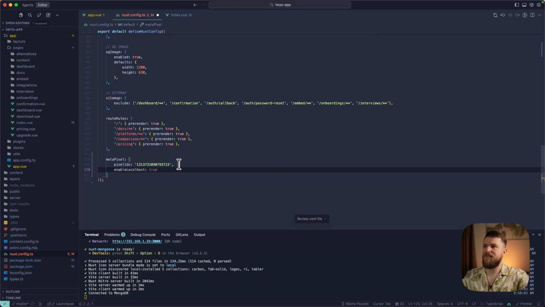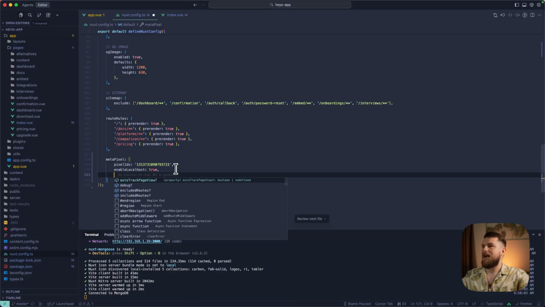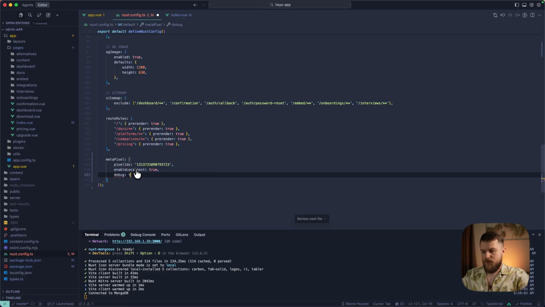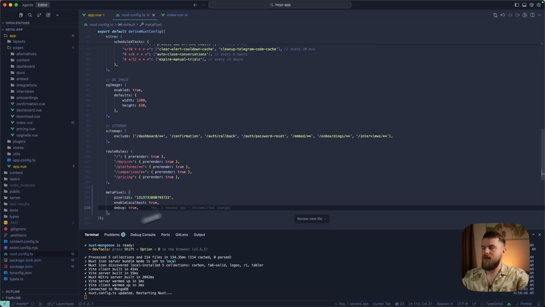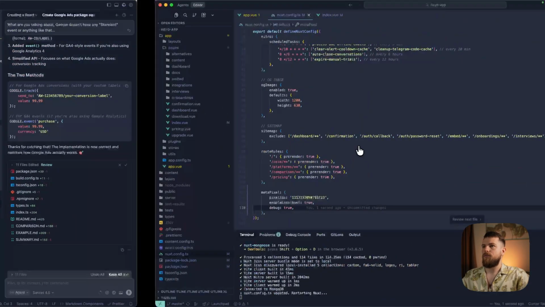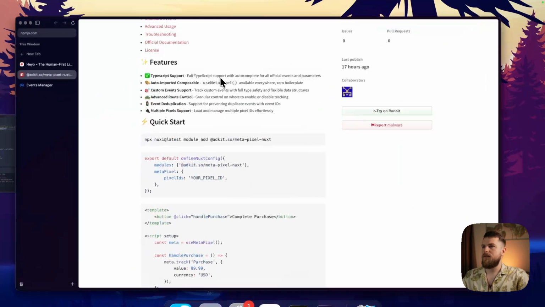That way you don't send Facebook bad events. You can just have one pixel for testing purposes and not mix things up. I'm also going to enable debug, which is for logs. It's just going to add some nice logs to the console so I can make sure that everything is working. So I'm just going to restart the page and let's see.